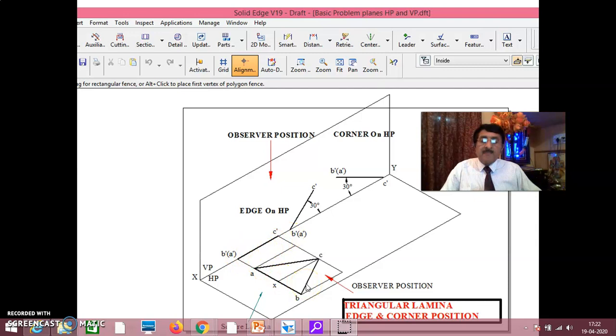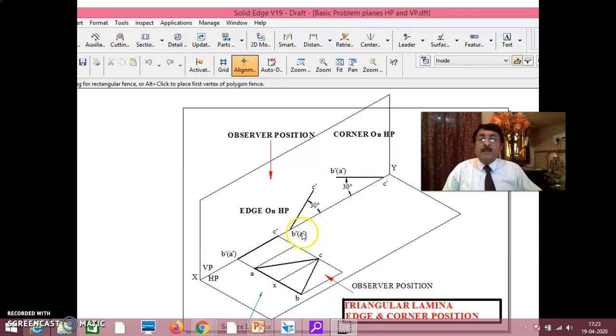See carefully here now. If I lift this C dash up, now this triangular lamina in the front view is at the intersection of VP and HP, correct? Now if I lift this triangular lamina with C dash up like this, can you observe it is resting on edge AB on HP? AB is already on HP. Now if you tilt it up, naturally edge AB is on HP, and the surface may be inclined at some degrees to HP alone. This is edge on HP.